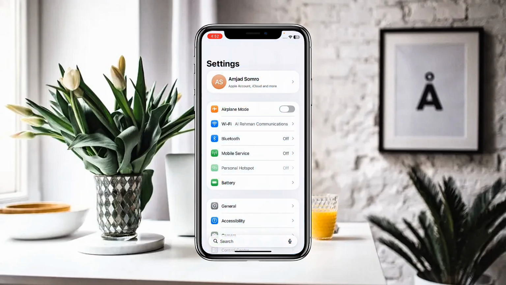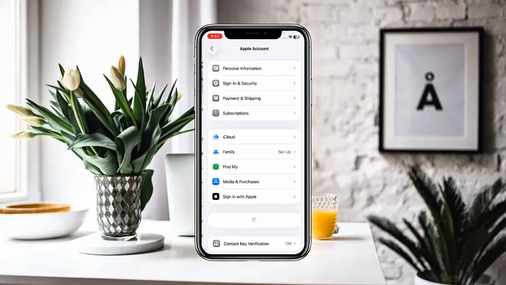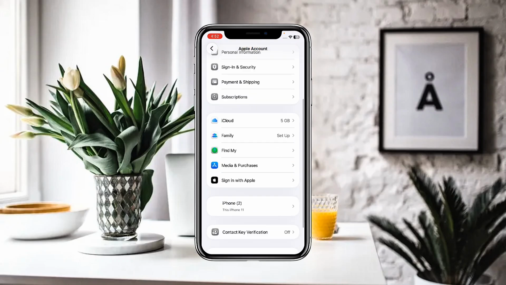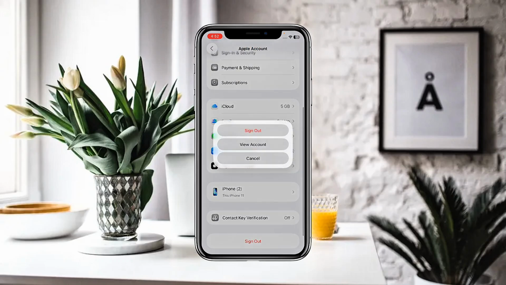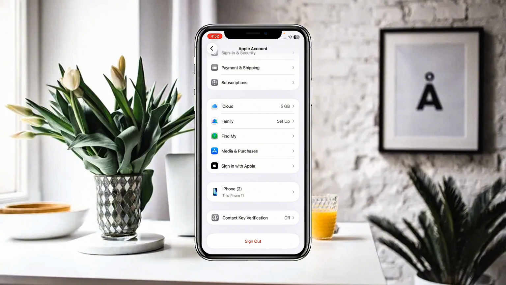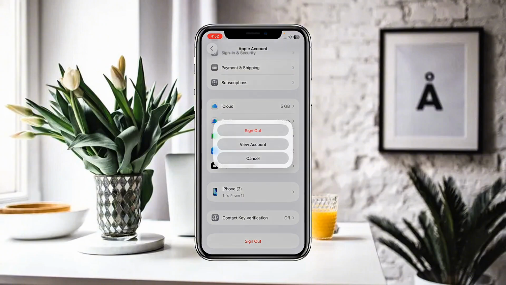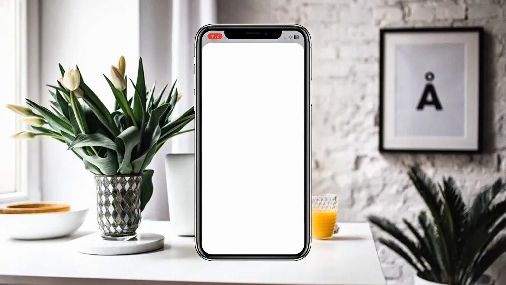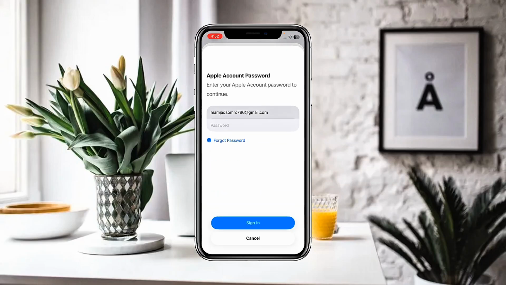method. And the second method is that you have to simply click on settings, and here you have to simply click on your name and Apple ID, and after that you have to scroll down until you find the option of media and purchases, and you have to simply click on that, and here you have to simply click on view account. And after that, what you have to do next is you have to simply provide again the Apple